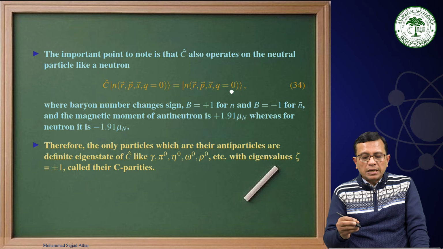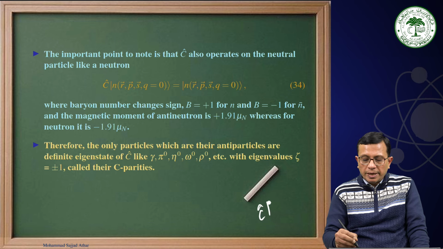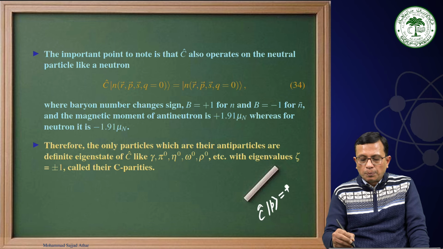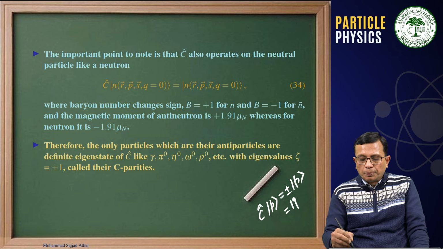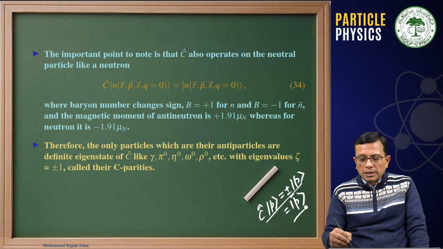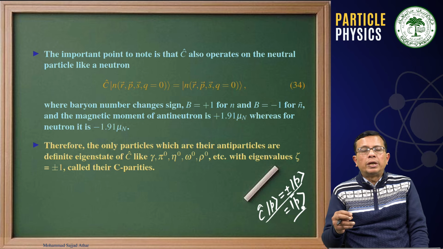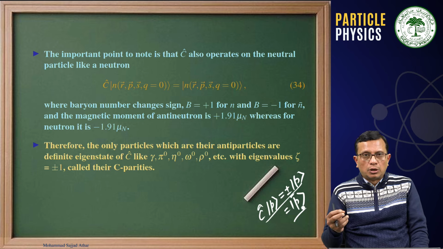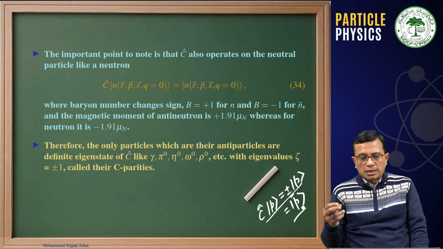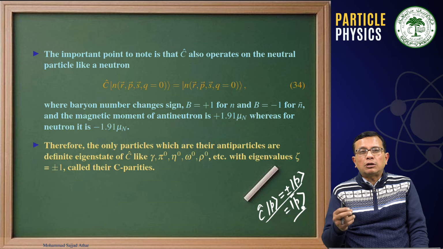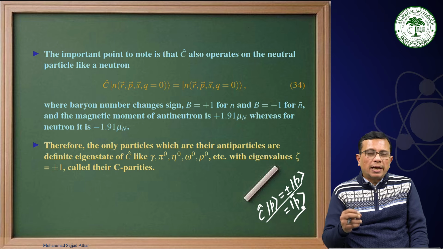Now, the only particles which are their own antiparticles are definite eigenstates of C. As I have told you, C operating on P is equal to plus minus P, or is equal to P bar, which is not possible. This can be true only for those particles which are their own antiparticles, like pi 0, eta 0, omega, rho 0, etc. Therefore, these are all neutral particles. They are all zero charge particles, and they are all